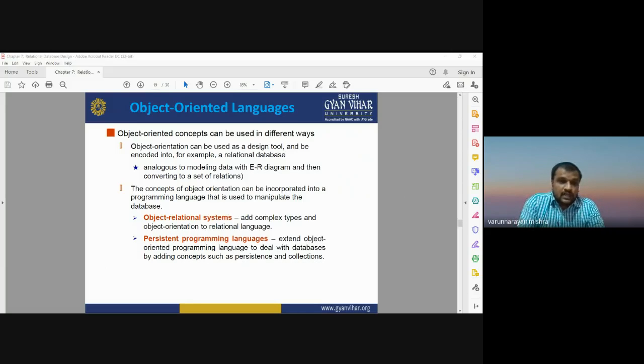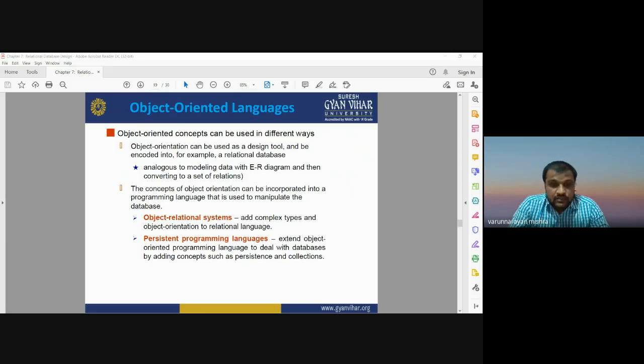Object oriented languages may be of two types. One is object relational systems, which add complex data types and object orientation to a relational language. The second type is persistent programming languages, which extend object programming languages to deal with the database by adding the concept of persistence.